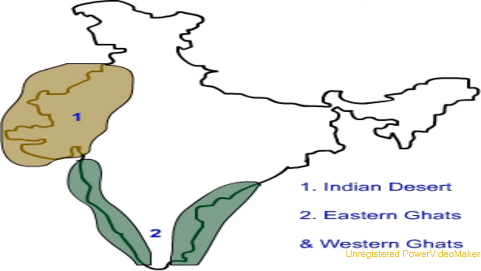Now this map is showing the Western and Eastern Ghats and the Indian desert. With the help of this map we can easily understand the actual position of the Ghats. A distinct feature of the Peninsular Plateau is the black soil area which is known as the Deccan Trap, and the total area is highly eroded and has broken hills. Major rivers of the Eastern Ghats form deltas and flow towards the east, discharging their water into the Bay of Bengal.